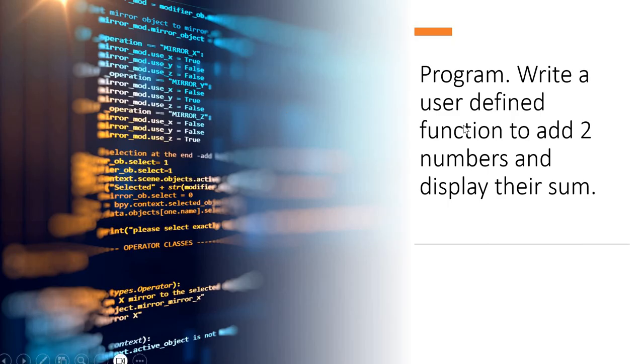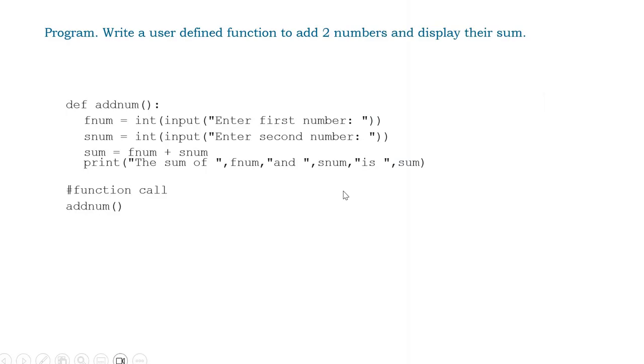Next we will start with a very simple basic program in which we will write a user defined function to add two numbers and display their sum. That is the simplest program we can say we are going to discuss, in which we will be defining with def, then add num, which is the name of the function. Then if you want to provide those two numbers, that's fine, otherwise you can leave it blank,